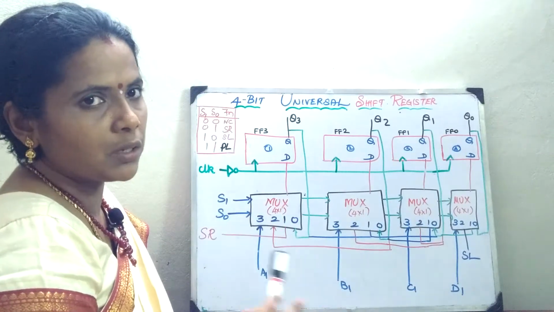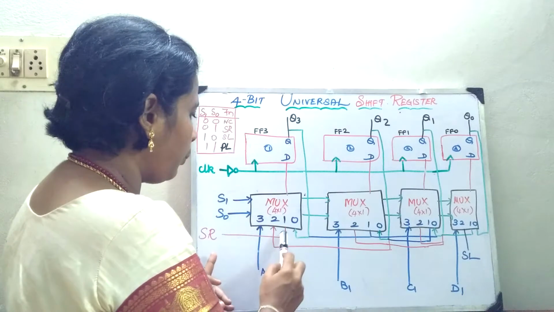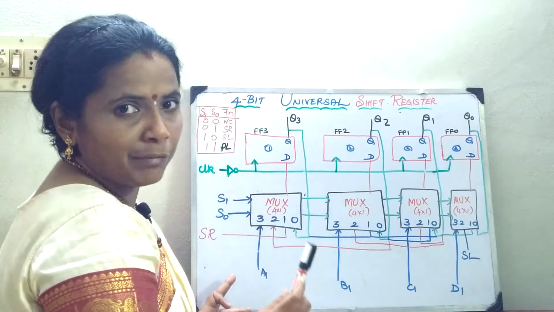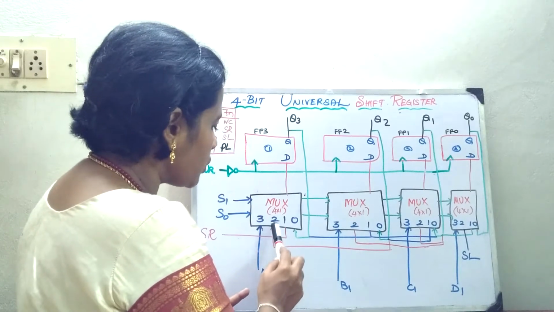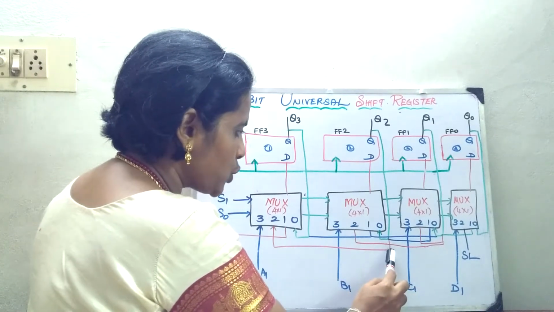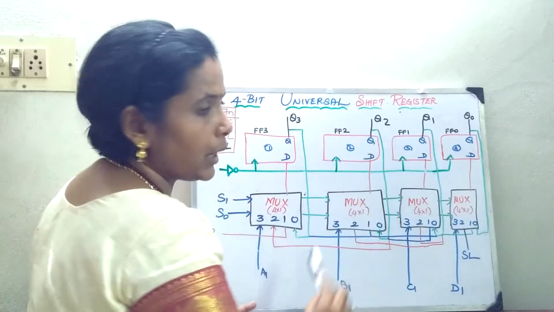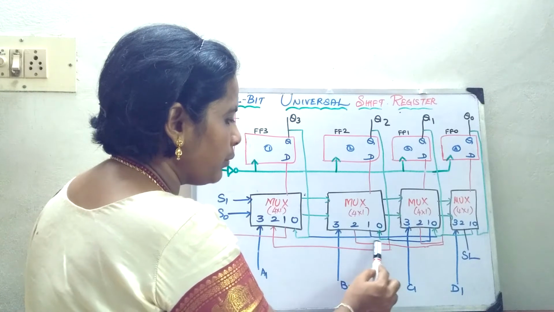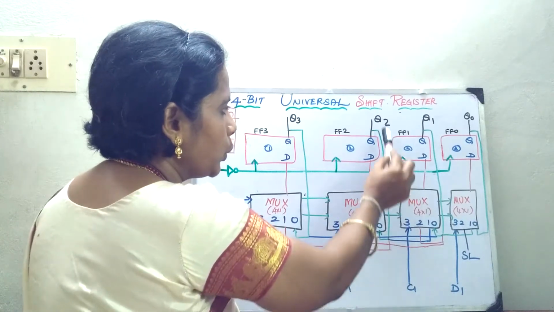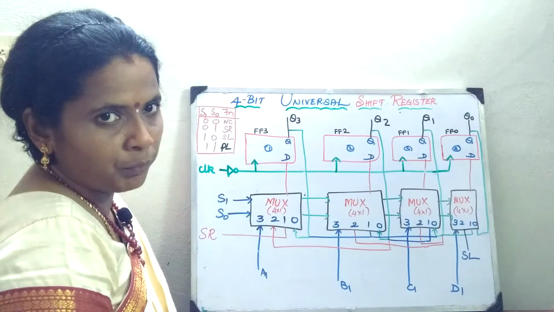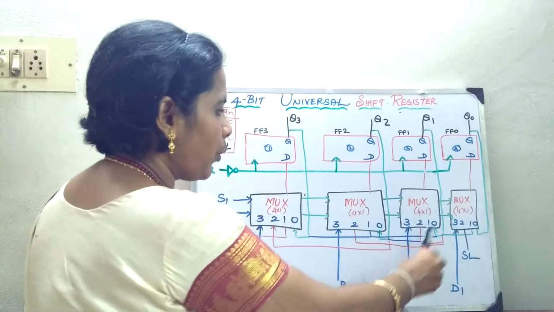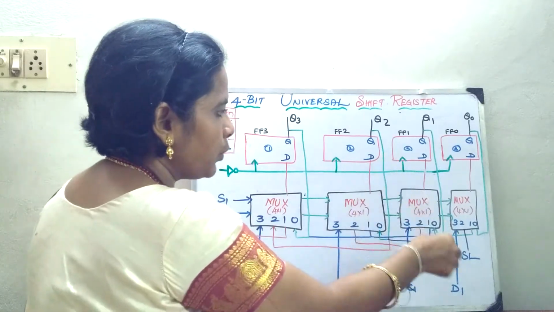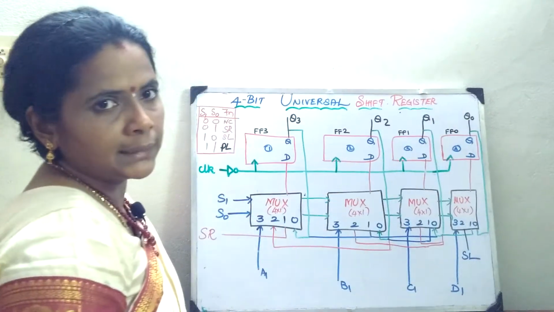Once this condition is done, then you come to pin 1 where shift right is given. Now only the connection of 2 is left out. So from 2 you just draw the line and join it with the output of the second one. Similarly, for the second mux also, you take the point from the second one and join it to the output of the flip-flop. Okay, what I've told, just give the third point as it is, then the 0 to the output you connect to all the mux and flip-flop.